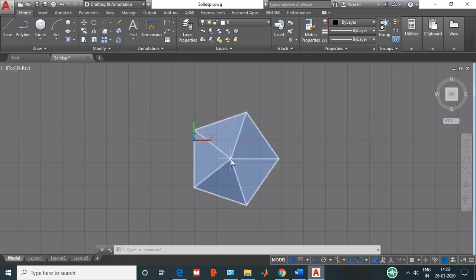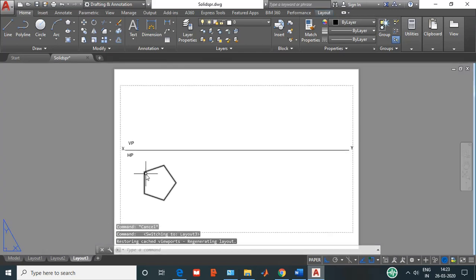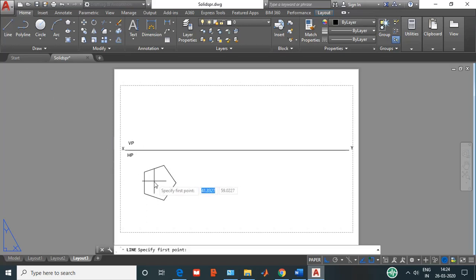always you can see the apex point, and you can also see the slant edges which are connected from the corner to the apex. If you forget to show this in the top view, then it just becomes a pentagonal lamina, because there is nothing to show. If you leave only this much, it becomes a lamina because we have not shown the apex and joined it. So to show this as a pyramid, it is very important that you locate the midpoint of this pentagon, taking the line command.